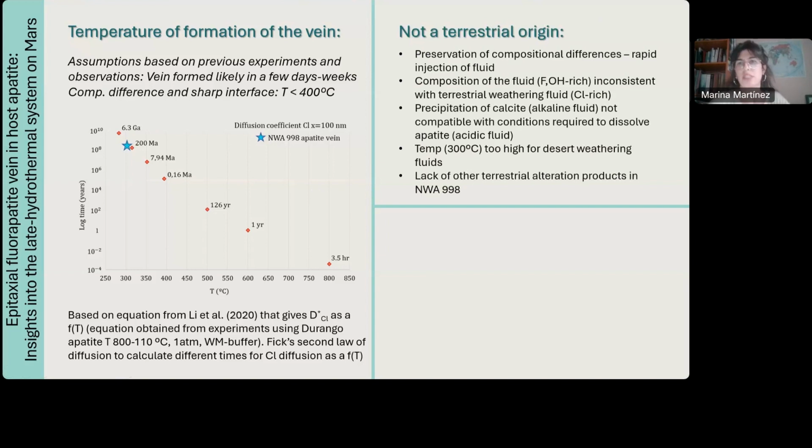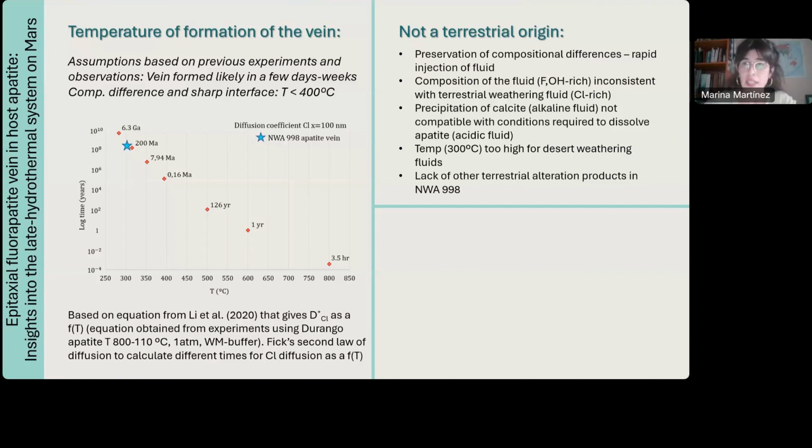First, because we have preservation of compositional differences on such a small scale that can only be possible if we have a rapid injection of a fluid, more consistent with something like shock. The composition of the fluid is fluorine-rich instead of chlorine-rich, which is more typical of terrestrial weathering fluids. The precipitation of calcite, which has been found in other nakhlites, other chips of this meteorite, as a terrestrial phase,